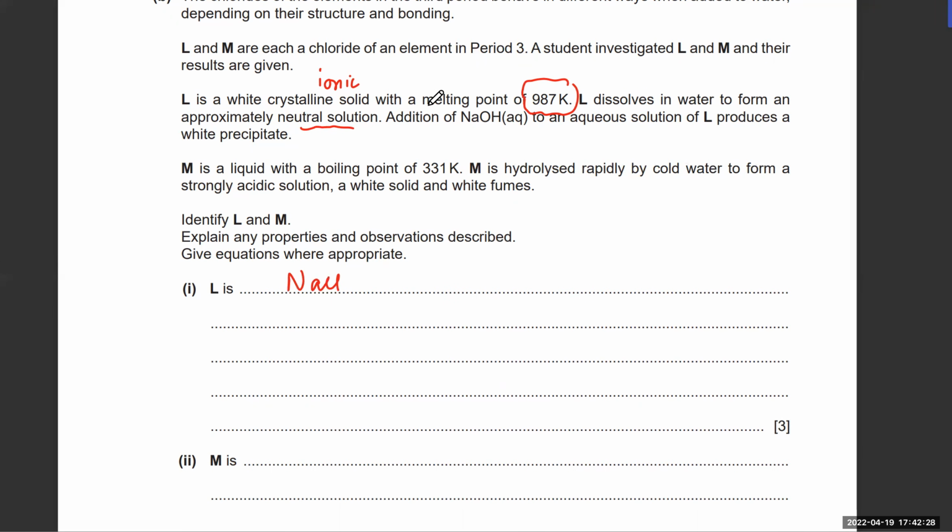So that is NaCl, and addition of NaOH to an aqueous solution produces... NaCl is completely neutral, but over here they're saying it's approximately neutral. Who's approximately neutral? MgCl2, sir. MgCl2 has very, very slight hydrolysis. The reason I'm getting rid of NaCl is that it makes sense that NaCl would work up to here, but